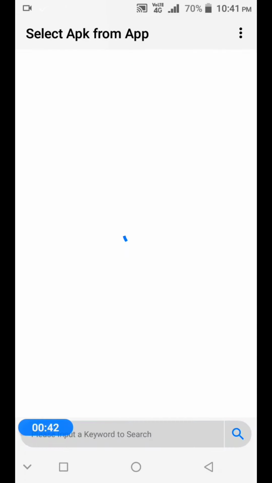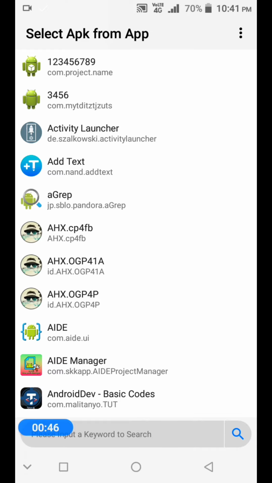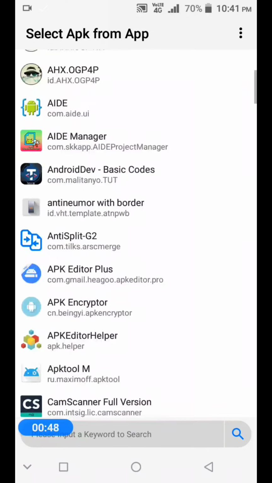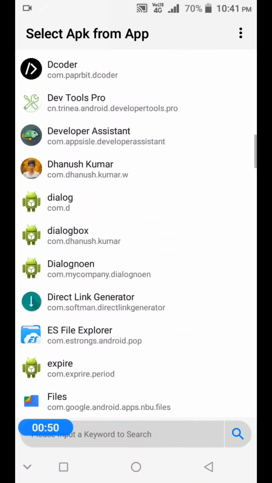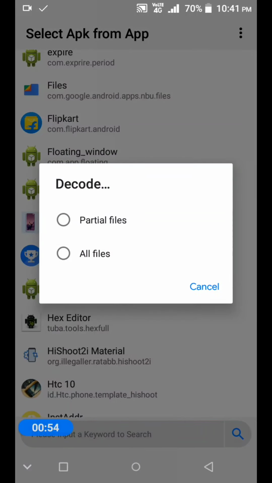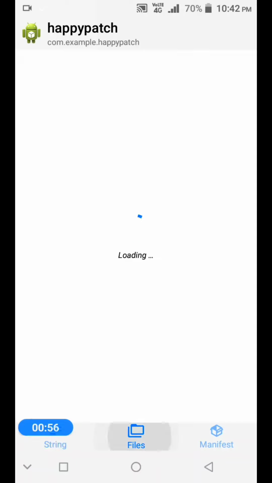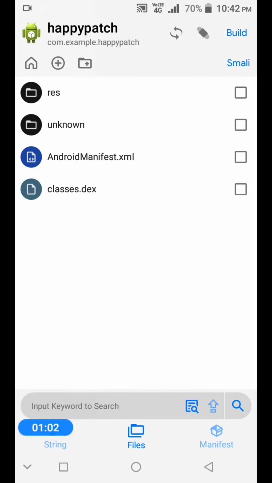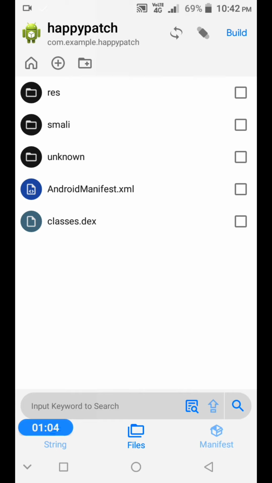Let's open APK Editor Pro. Let's select the app. Let's click on Smali.